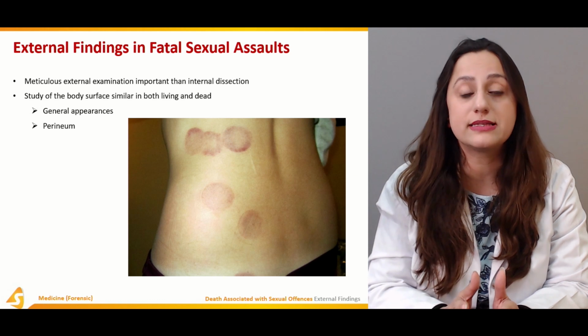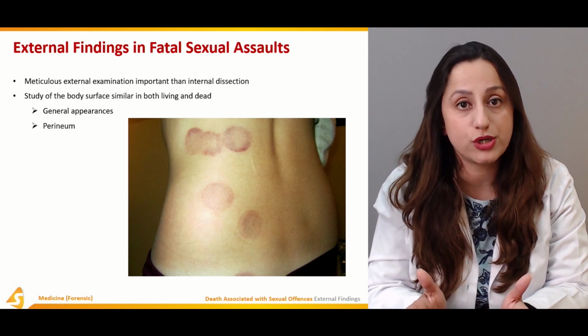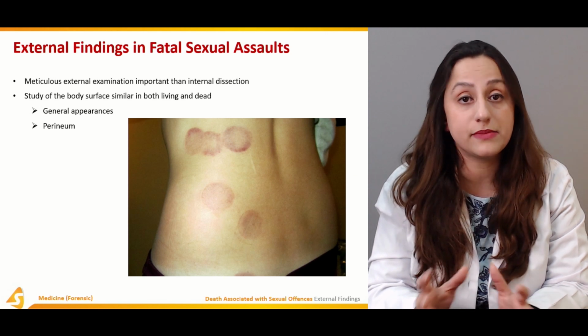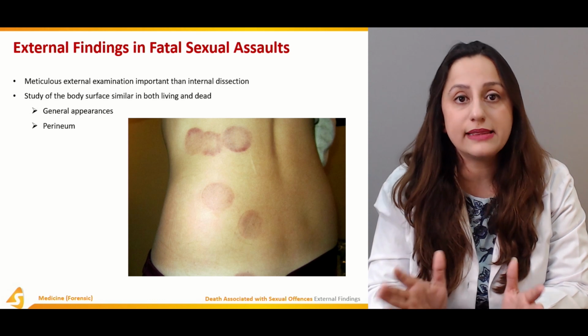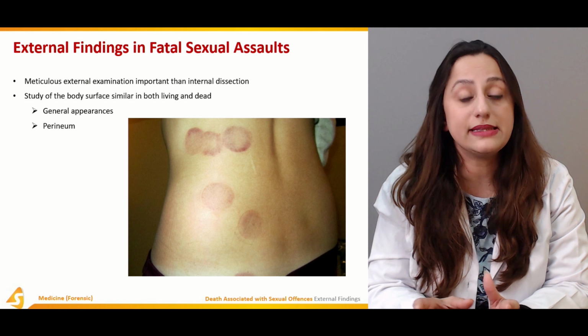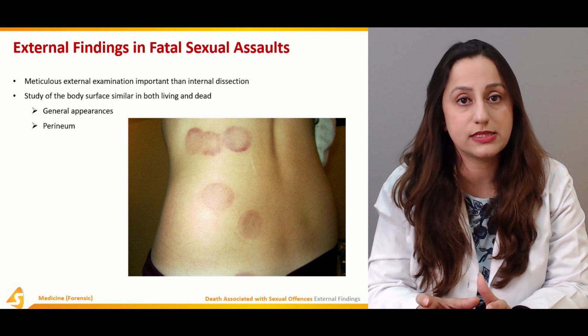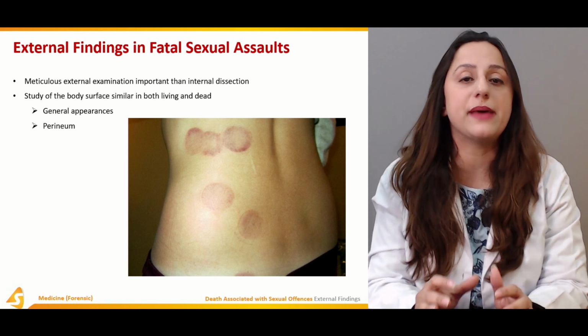As I was emphasizing, even minors are subjected to these kinds of sexual assaults. So we have to keep in mind the mental state of the victim, and then we are going to comment upon the general appearance of the victim. Then the perineum is the second point that we are going to discuss in detail. That is basically the perineal region. The pelvic region is very